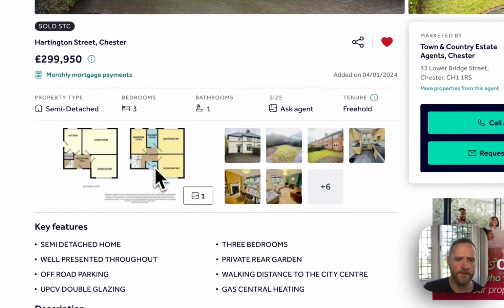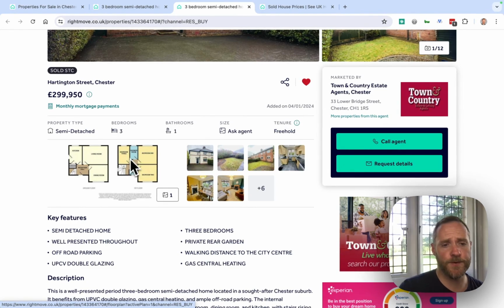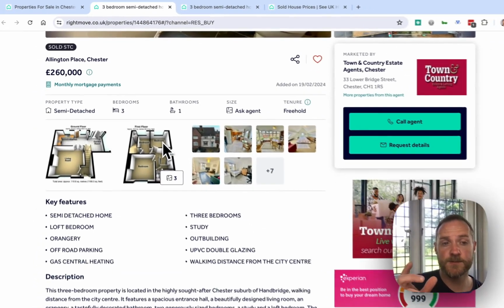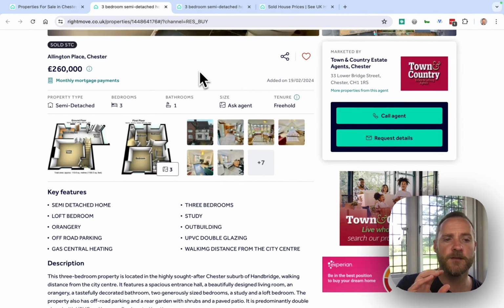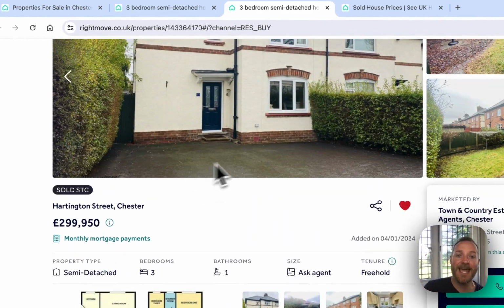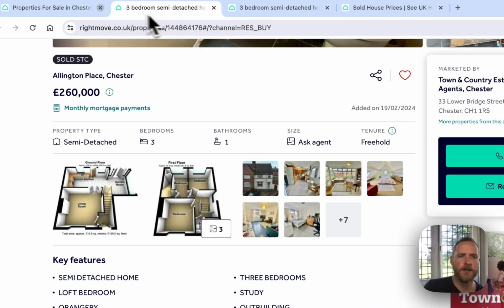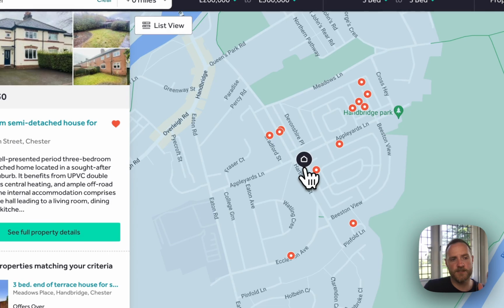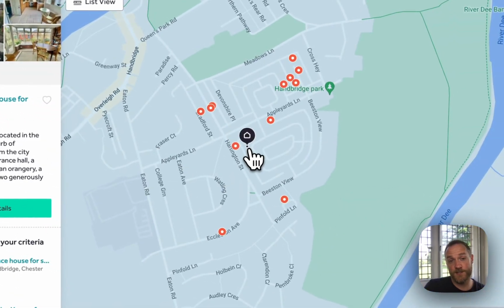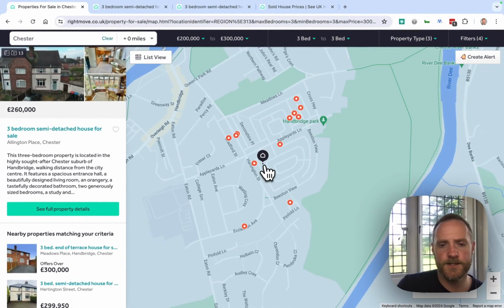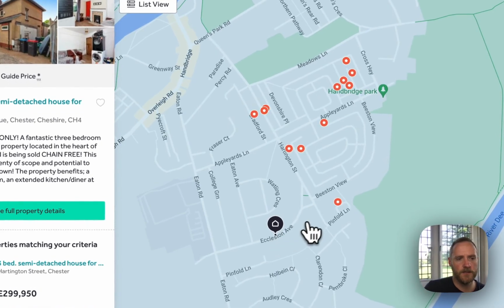Up here, you've got an extra space for a toilet, shower room, bedroom 1, 2, and 3. They look like quite large bedrooms. These look quite small in comparison. So it might be that the floor plan and the footprint of these 2 property examples are slightly different, hence why this is a slightly larger price. But all we're trying to do here is just get a baseline. So the property that we're using as our example is 300,000, but it does vary for the similar type, 3-bedroom, semi-detached, to 260. And there's one here for 250,